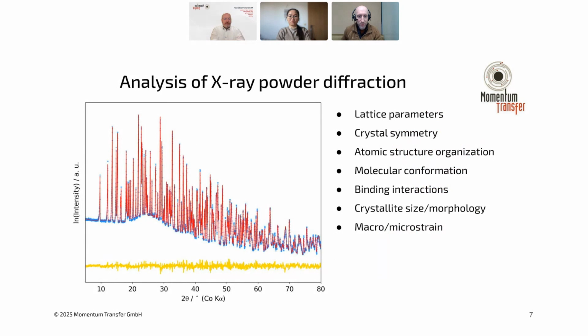So X-ray powder diffraction is a great tool to study this because it gives you a whole wealth of structural information, microstructural information about your materials that you can use to contextualize the relationship between synthesis and properties and what decisions to make. So you can get information about the expansion and contraction, the density of the material, the crystal symmetries which govern certain properties, the atomic structure, conformations in molecular materials, all the way to binding interactions, microstructure, strain,